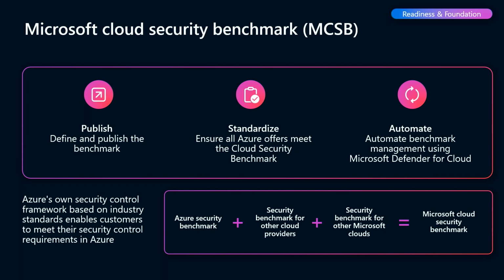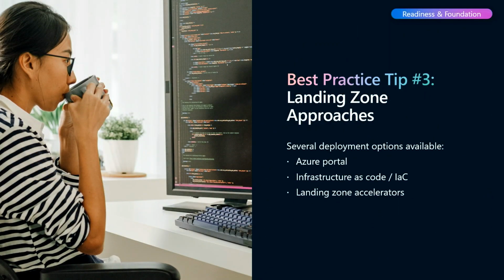And then we automate this with Microsoft Defender for Cloud, so you don't have to run any kind of scripts or PowerShell or manually click through 100 different screens in the portal. We do all of this for you so that you have it right at your fingertips, and then you can understand where you sit, and of course work with your security team for their sign-off so you can move it into production. So that's tip number 2, and that one really helps speed and move things along.